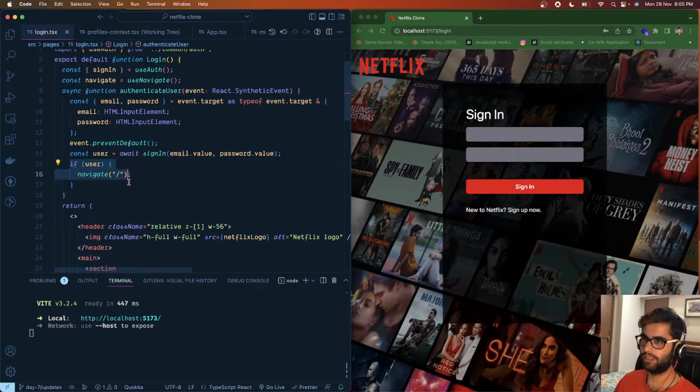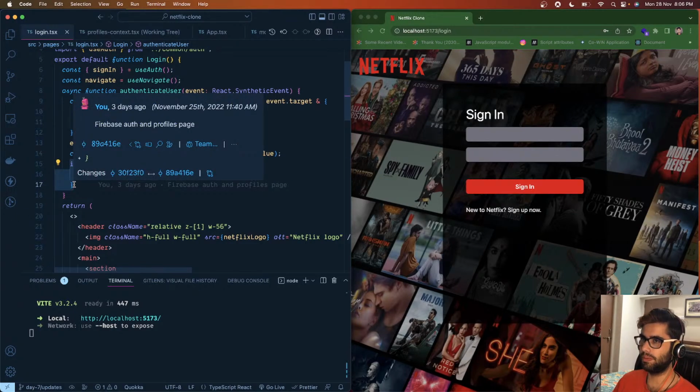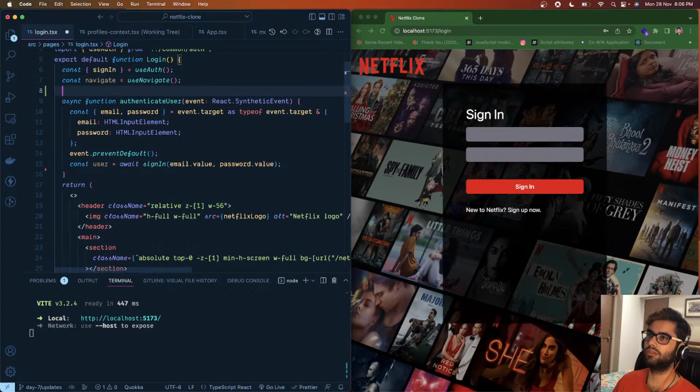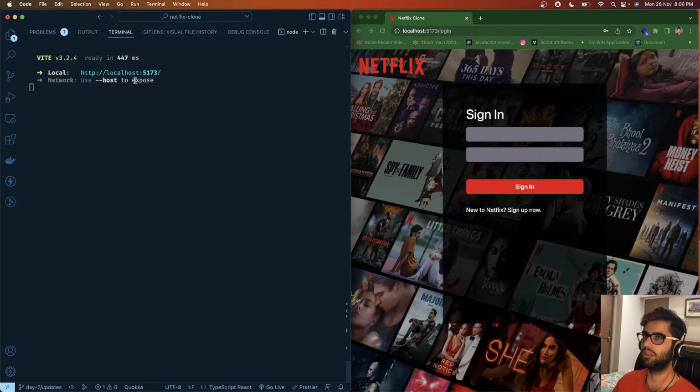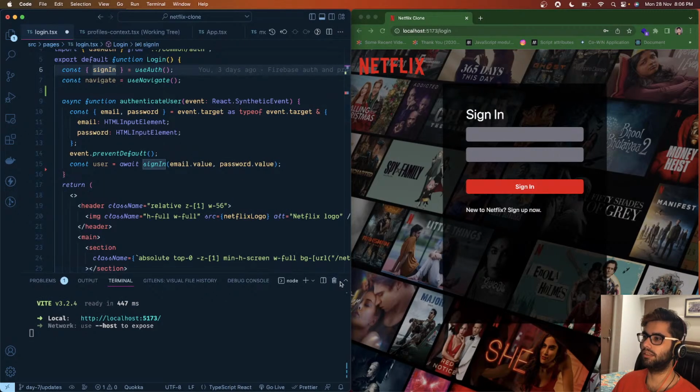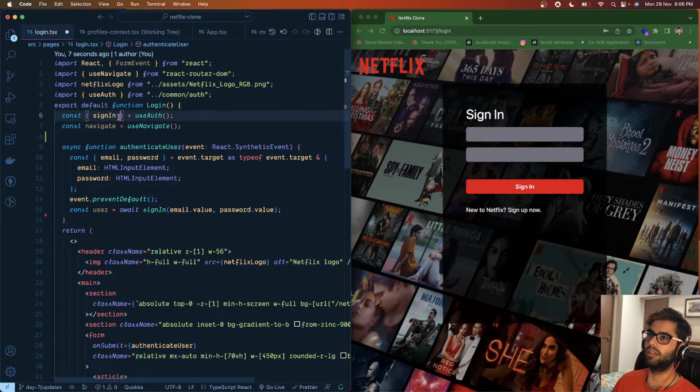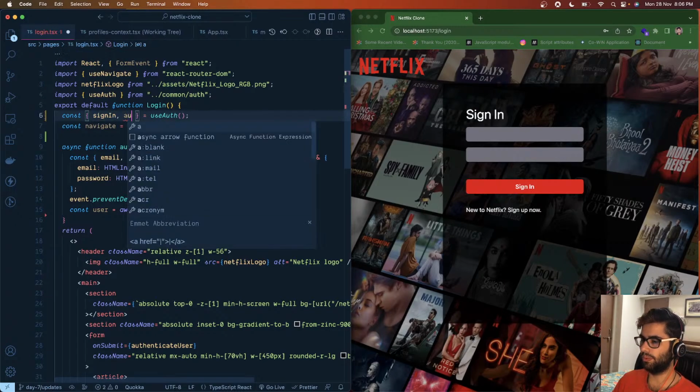Let's go to the login screen. And here, what we want to achieve is that when the user is already logged in, they should always go to the browse page, and if they're not logged in, then they should be prompted to go to the login screen, right? So for that, we will import the, let me close this. Yeah, so let's also import the